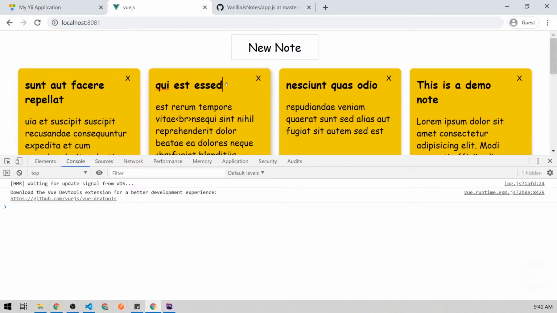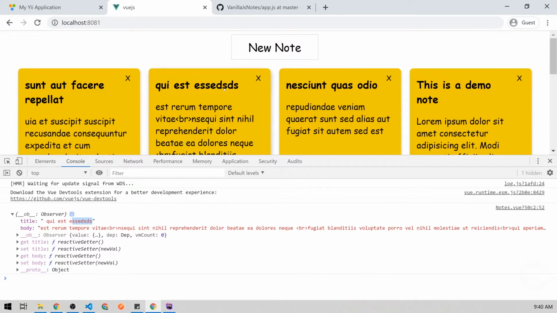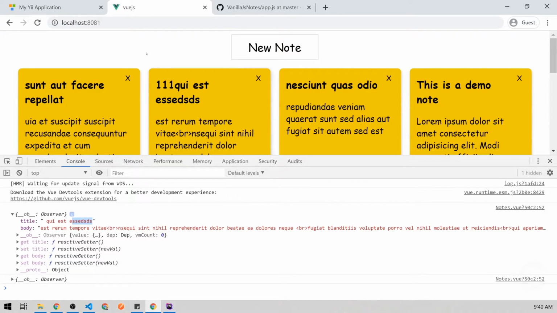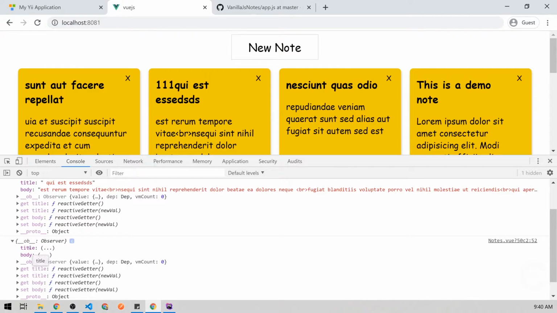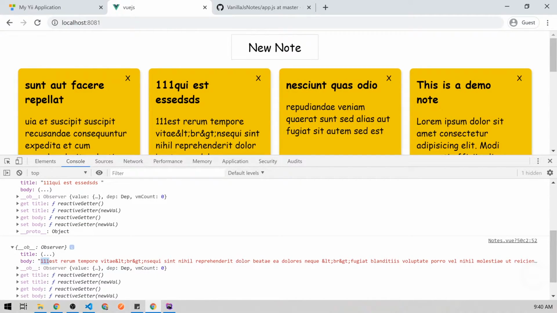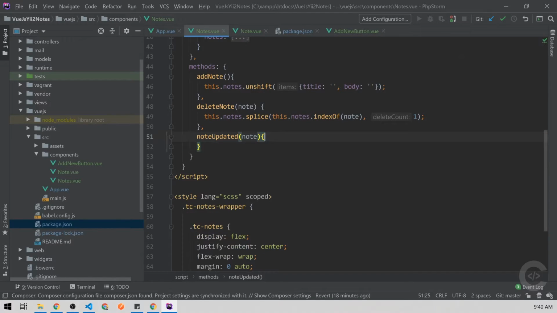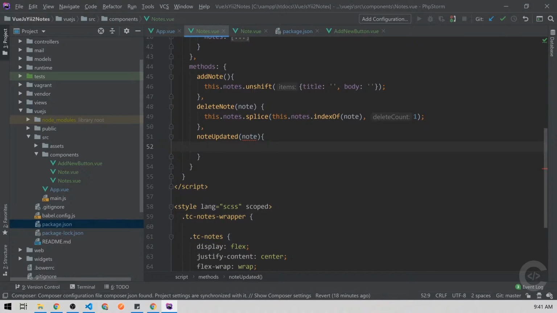Okay, so type something on blur. We have here title, which is actually changed. Let's add something there. We have a new note object, and the title is changed. Let's test for a body. Here we have the body object, and it also has body changed, which is awesome, which is exactly what we wanted. Okay, so here, to be more correct, we can take that object and push it inside